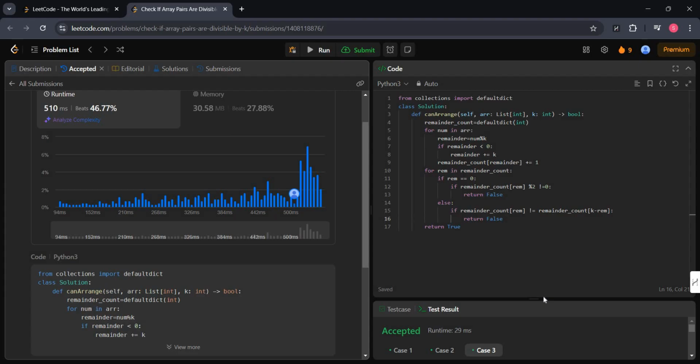So the time complexity for the code that I have written will be order of n, where n is the number of elements in the array. We traverse the array once to compute the reminders and check the pair conditions, right? And the space complexity will be order of k for storing the reminder counts. So this approach ensures efficiency while solving the problem in linear time, and that's how we solve this problem efficiently